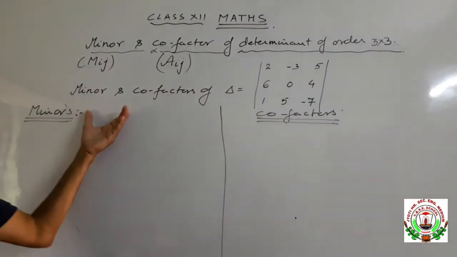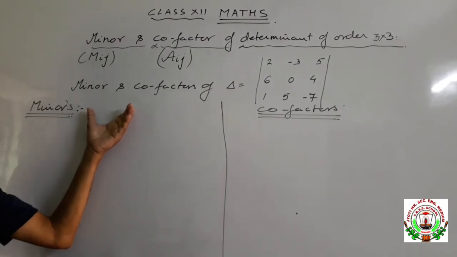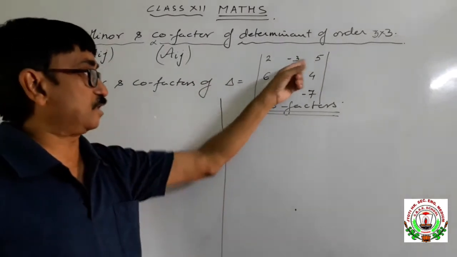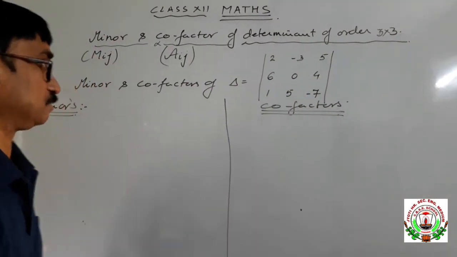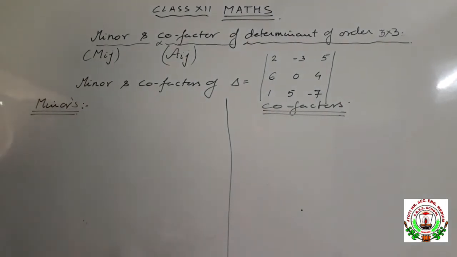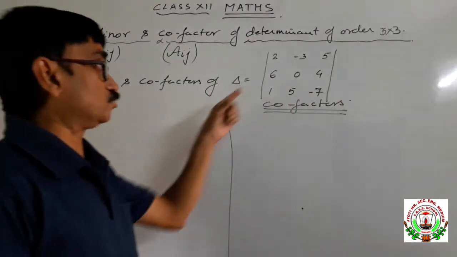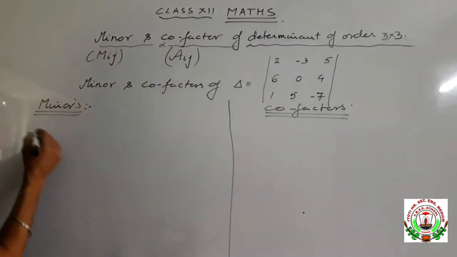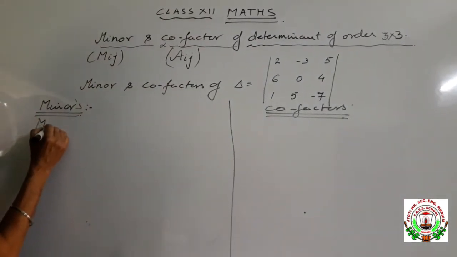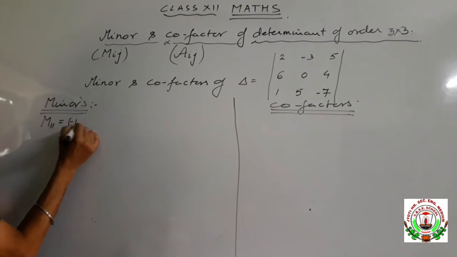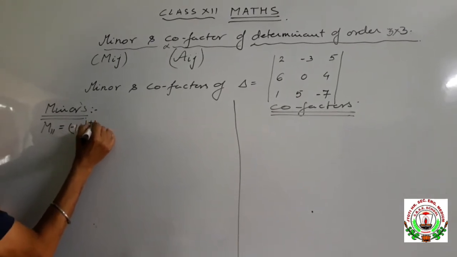As we take an example for calculating the minors and cofactors, 2 minus 3 5, 6 0 4, 1 5 minus 7. So here there will be 9 minors and 9 cofactors. So be careful while calculating the minors. M11 is minus 1 to the power 1 plus